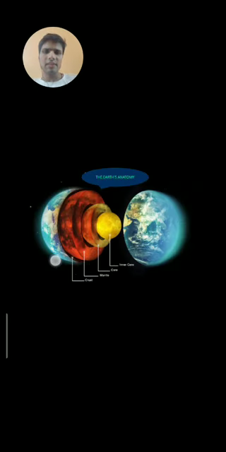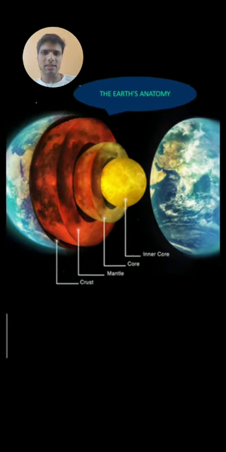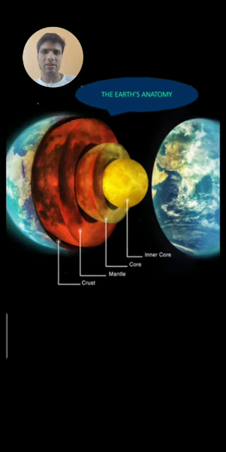Now, let us just have an overview. Totally we said that there are 3 layers. The topmost layer is the crust, the place where we live. Then we have the mantle, then we have the core. I'll give a simple example. If you see a watermelon, the topmost green surface can be like the crust, the middle till half part can be like the mantle, and the inside part can be like the core. It may not be a perfect example, but it can be considered, and it suits this explanation.